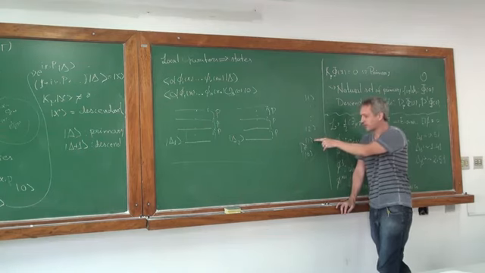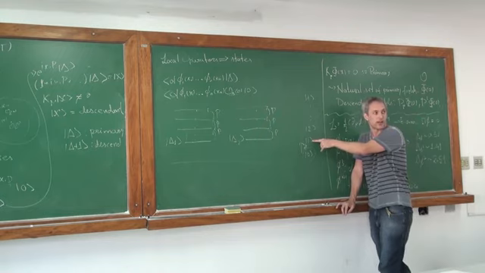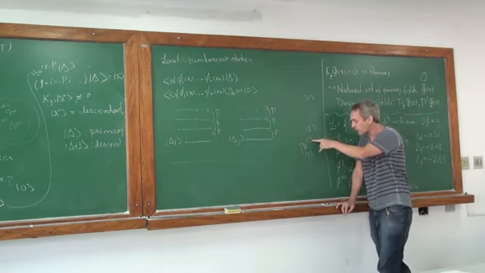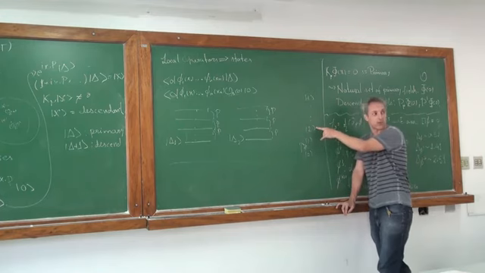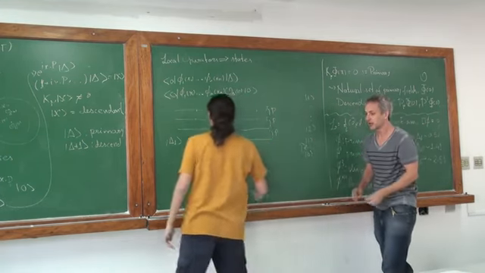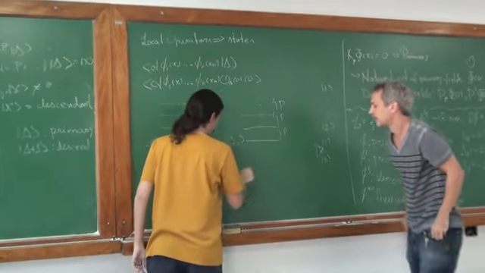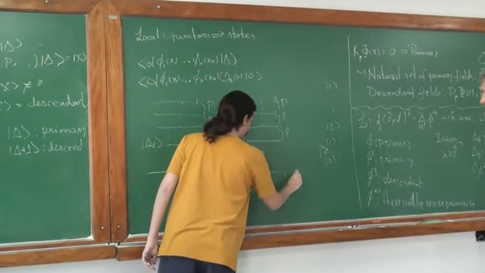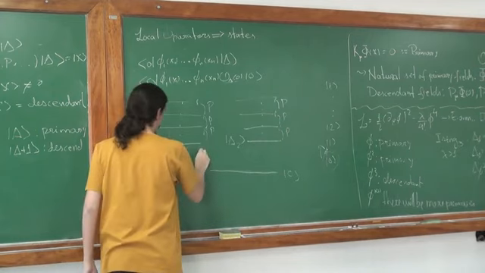But for example, this one is not destroyed by an annihilation operator. It goes from 1 to 0. This one is not destroyed by an annihilation operator. It goes from 2 to 1. So these are not annihilated. You have the vacuum somewhere here. This is the vacuum. To get from here to here, you have to apply that operator.